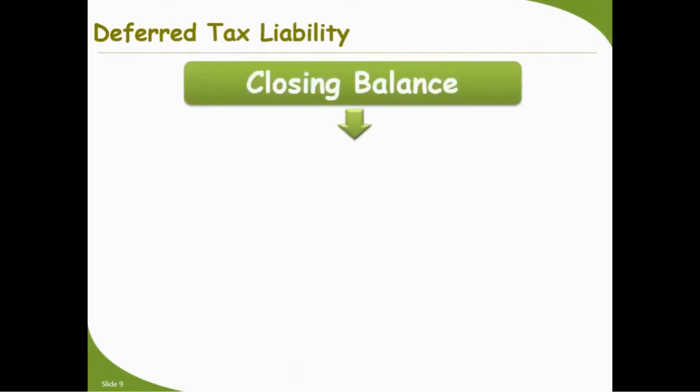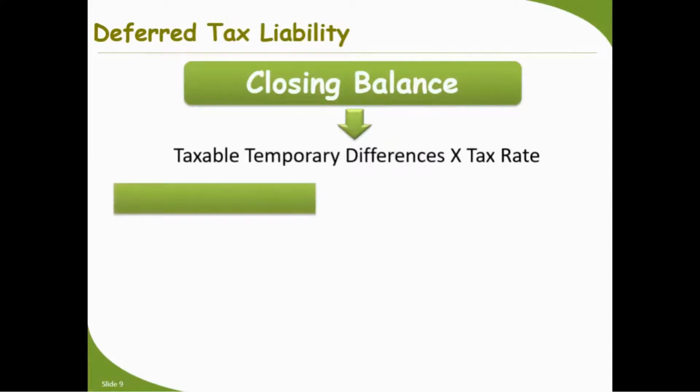Then what is deferred tax liability? How to calculate its closing balance? Simple: taxable temporary differences times tax rate. But here I would like to add one thing. If the change in the carrying amount of your asset is recognized as other comprehensive income, then the relevant deferred tax liability will also go into OCI. The hint which I am giving you is about revaluation of assets. But there is one question where I will elaborate this concept in detail.